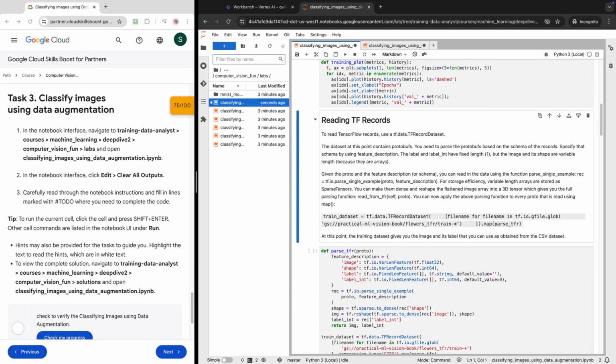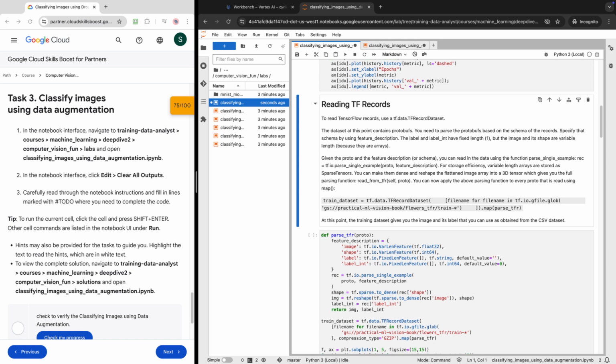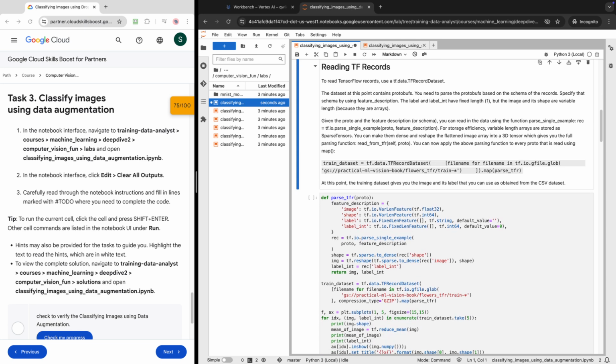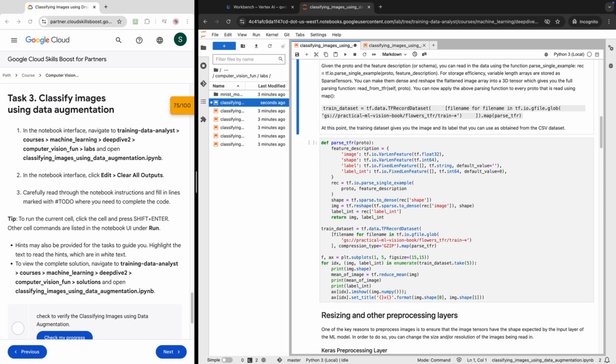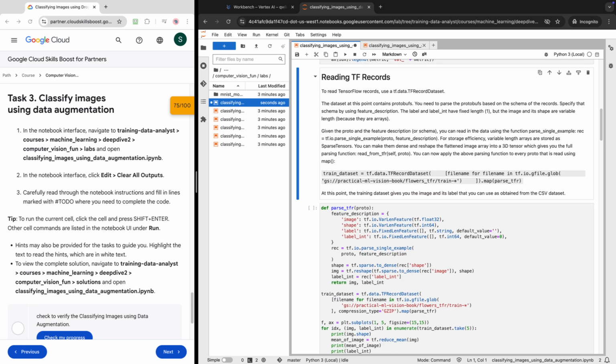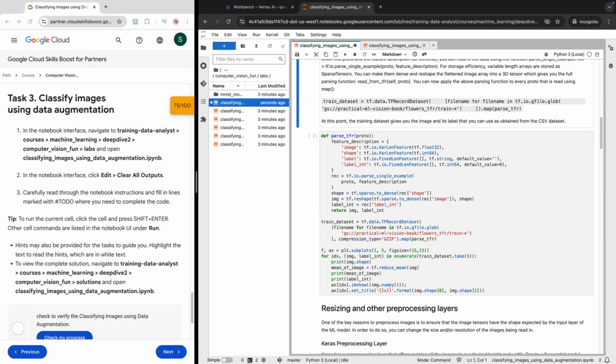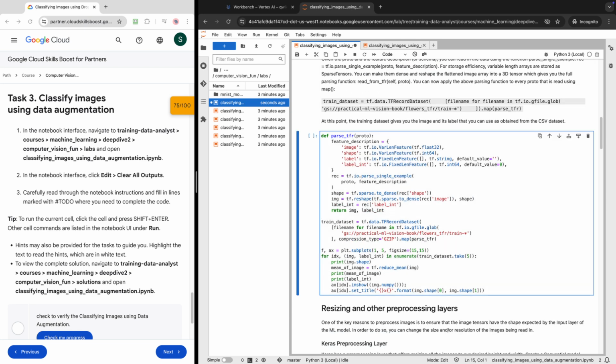Again, I recommend that you pause the video and go through what reading TF record means and what they are talking about, what the instructions given to us are. But for the benefit of time, I'm not going into these details. I'm just trying to execute the code that is provided to us. Now, in this another set of code